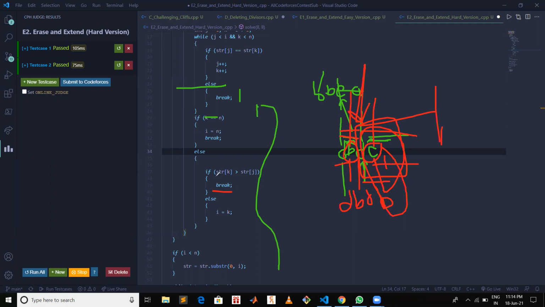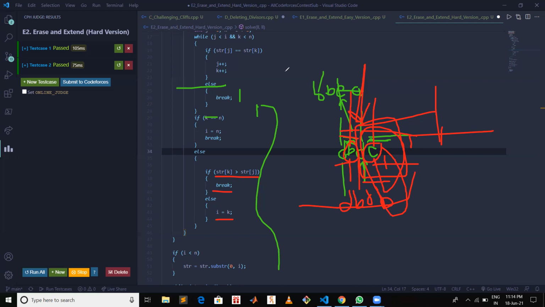Otherwise, if this is not the case, in that case we already checked up to k, so we will make our I point to k, because now we need to compare from k onwards. We don't need to compare this part.